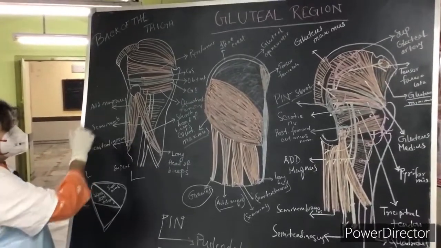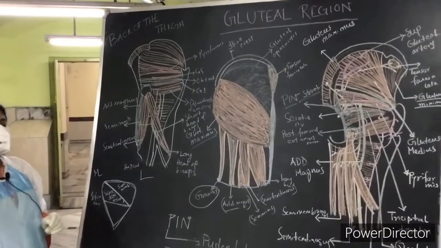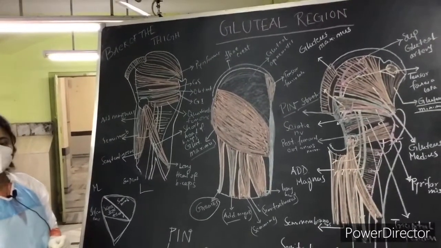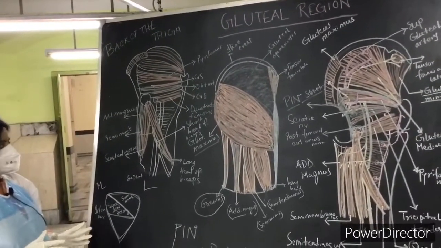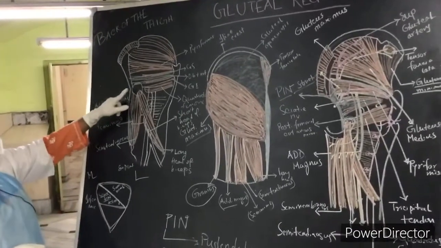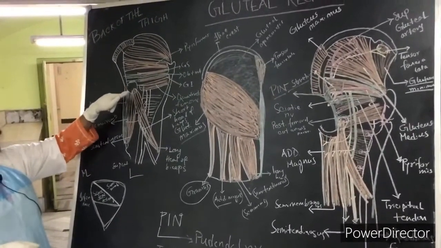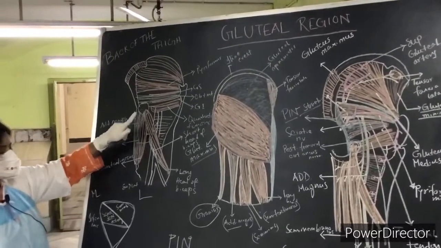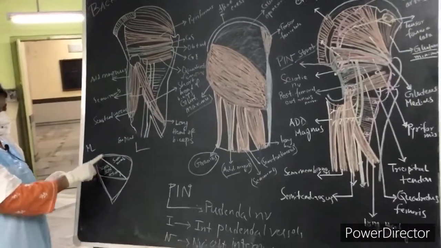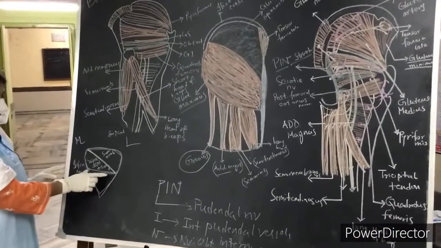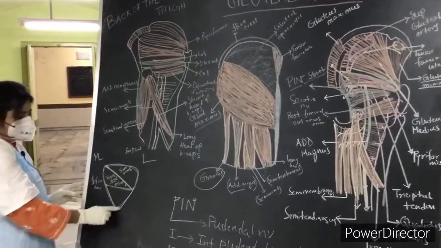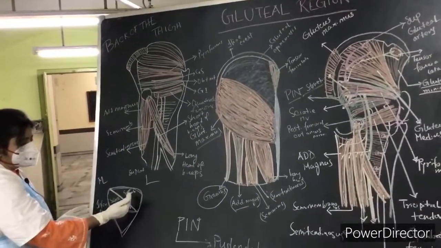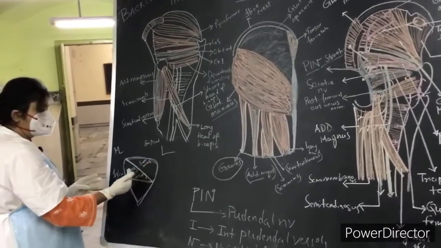So what are the criteria for a hamstring muscle? Let us discuss. There are 4 criteria for hamstring muscles. The first criterion is that they should originate from the ischial tuberosity of the ischium in the hip bone. So you can see here a larger view of the ischial tuberosity. There is an upper quadrangular part and a lower triangular part. The upper quadrangular part is again divided into 2 parts, the superolateral and the inferomedial part.